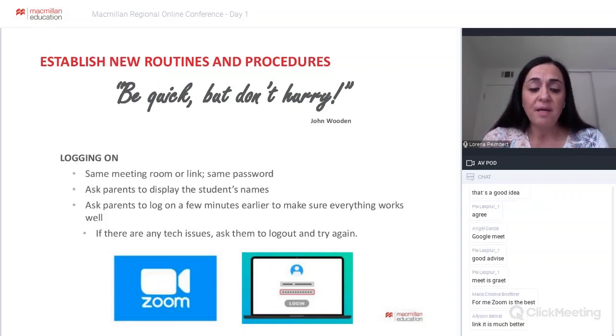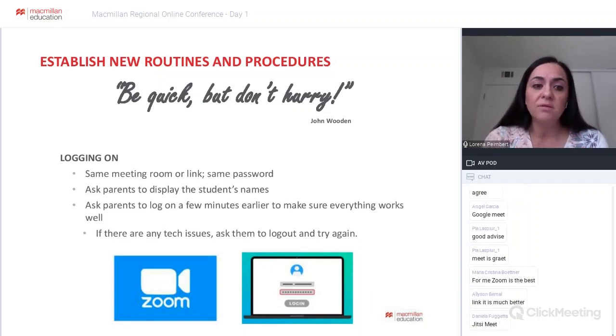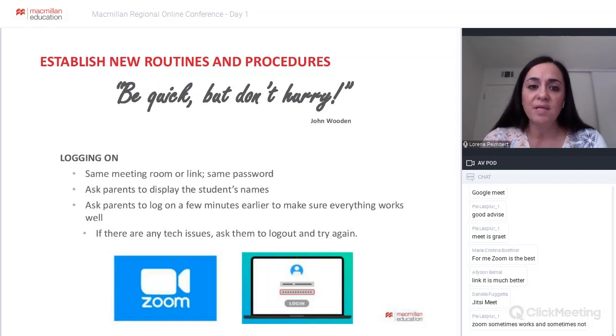It is very easy. Later, I'm going to share with you certain apps that can help you do this. I know Macmillan has Navieo, but there are other apps in which you can even include this. But logging on, same meeting room or same link and same password. So it is not difficult for kids to log in and not difficult for parents to look for different links